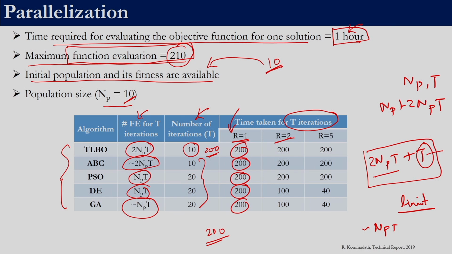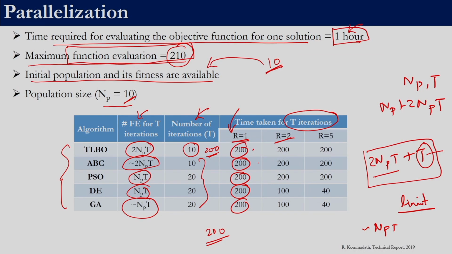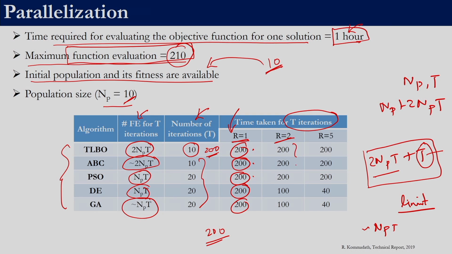When we say 2 resources, at a time we can evaluate the fitness function of 2 solutions, right. So, in TLBO, in ABC, in PSO, that will not help us to reduce the time, because at any point of time we will get only one solution. So, if I have 2 resources or 5 resources or 100 resources, it is not going to matter. For all these 3 cases the time required remains the same whether we have 1 resource or 2 resources,